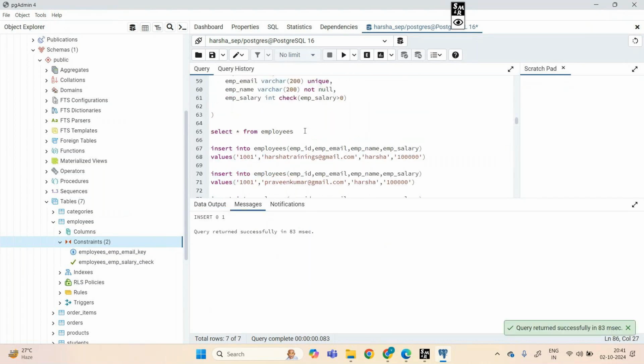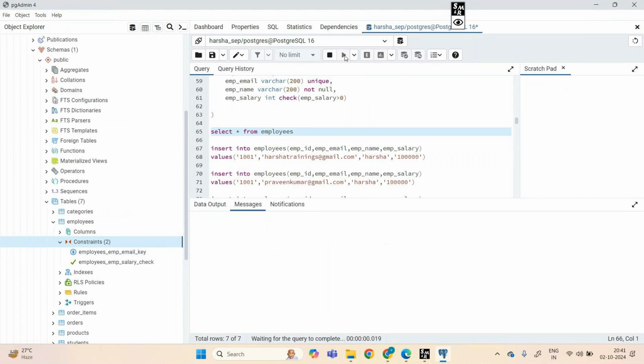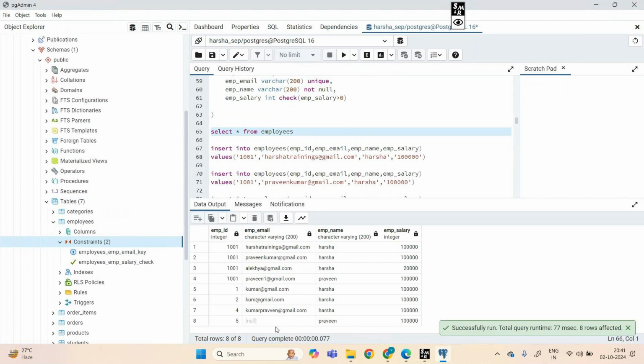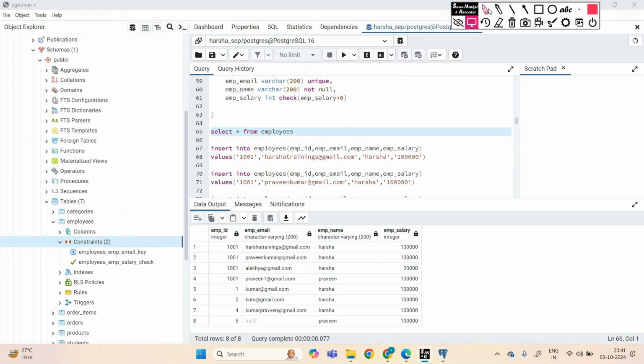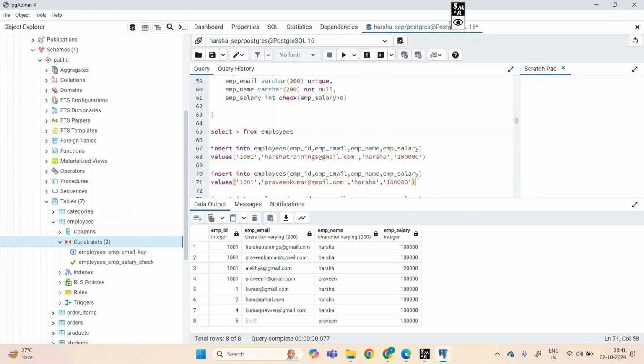See, if I skip the email ID, it is null. See here, null. I had skipped the email ID and it came null. But I also skipped the ID part, and it shows the auto increment happening in serial. But in the email ID, if I skip it, you can see there is no data and you can see the null over here. And also in the same way, if I